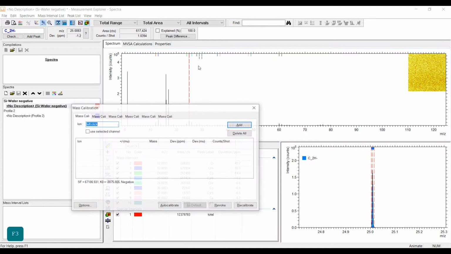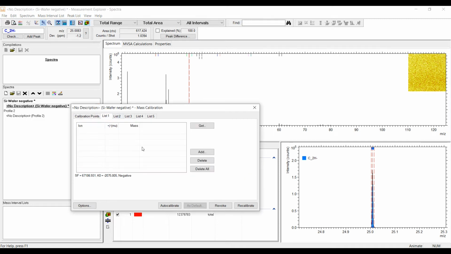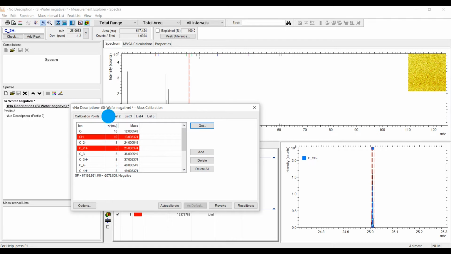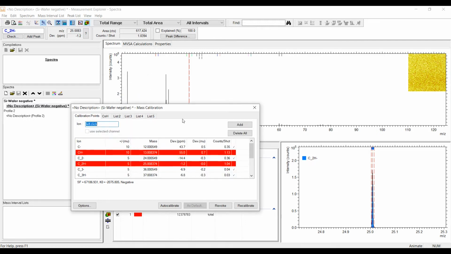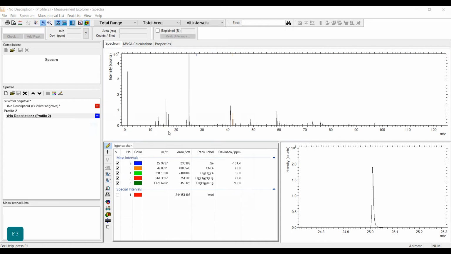A mask calibration list combines a number of mask peaks used to establish a mask scale. If the mask calibration dialog is opened, the calibration points used for the current mask calibration are listed. You can make this list permanent when you copy it to one of the 5 mask calibration lists. It can be used now for other datasets as well.